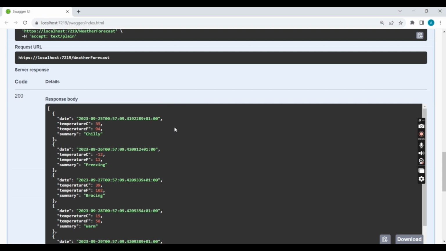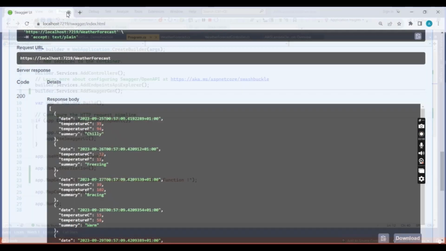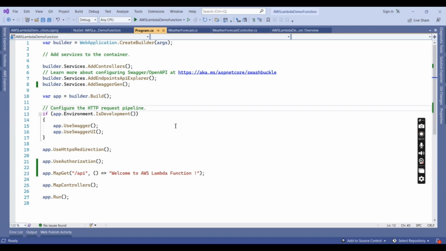So all good from the .NET Core Web API. Web API is running perfectly fine. Let's quickly close this. Now the next step is how to convert this .NET Core Web API into an AWS Lambda function. To do so, we need to create